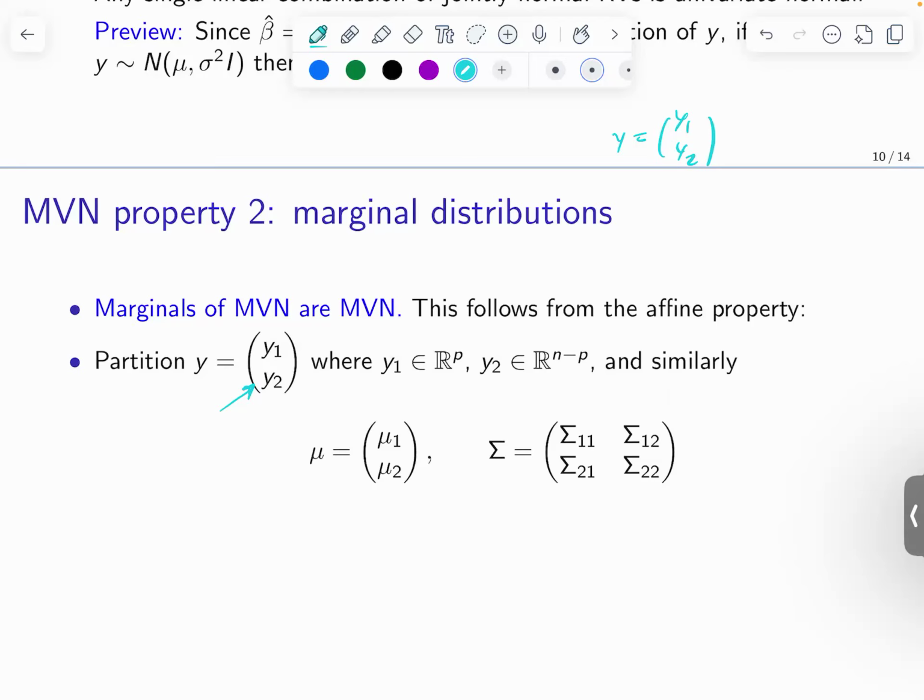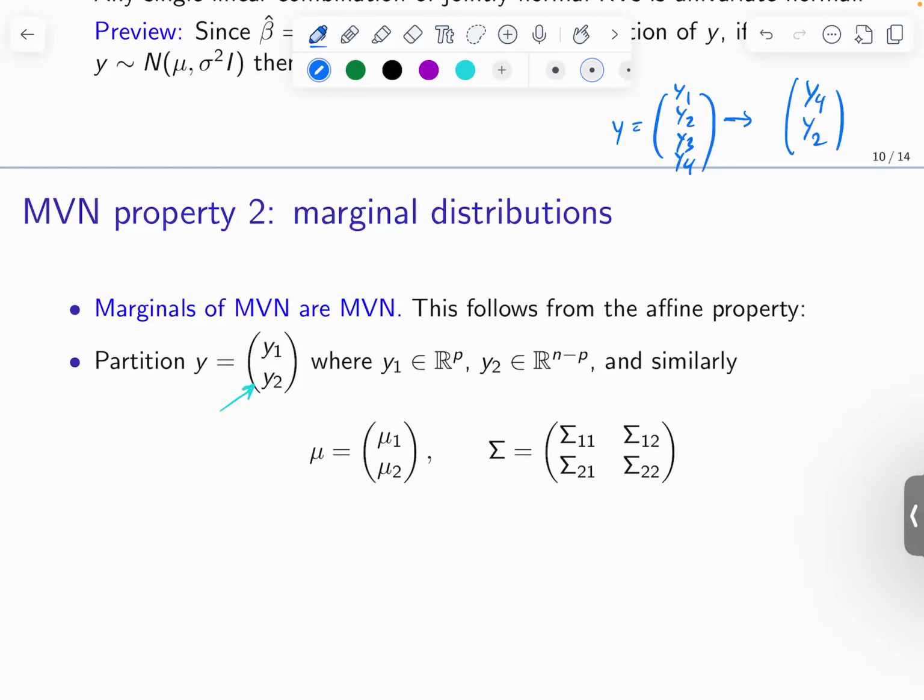More generally, if I have multiple coordinates, y1, y2, y3, y4, any subset of these that you pick, in any order, let's say I pick y4 and y2, the distribution of this subvector is a marginal, and the claim is that any subvector will have